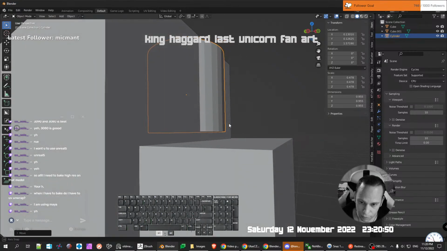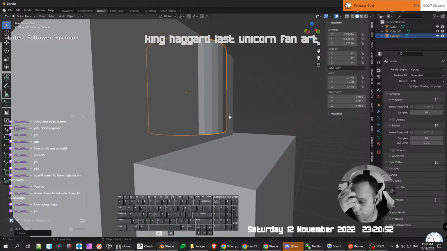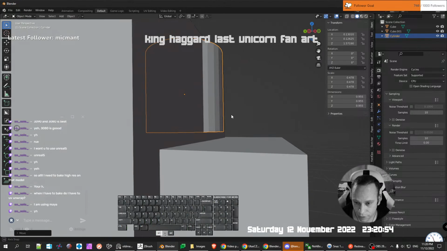It could be prevented by a cage sometimes,